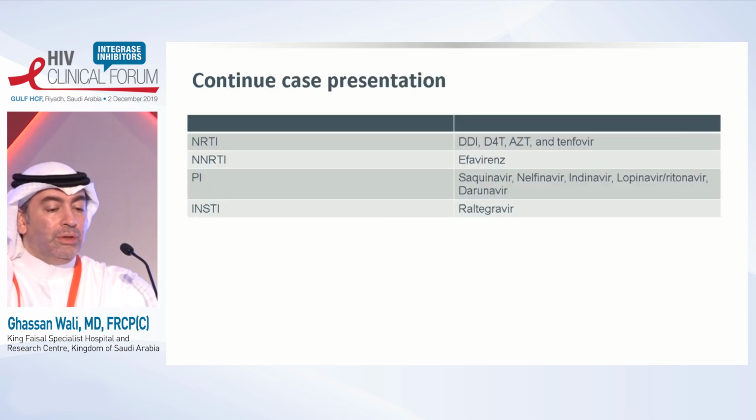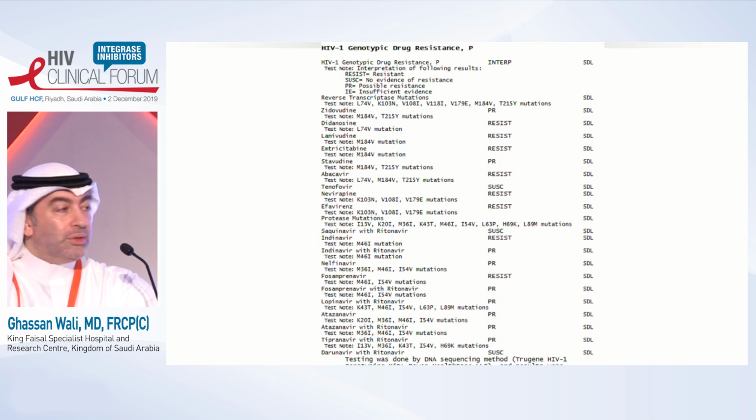He was exposed to the old and ugly nucleosides, including the ones that start with D. He received efavirenz, multiple PIs, including the non-boosted PIs, and he was also on raltegravir at some point. I'm not going to go through this, but this is his actual genotype testing, showing that he has triple class resistance. So he has at least 3 TAMs, he has mutations to non-nucleosides, and because he was exposed to a non-boosted PI, he